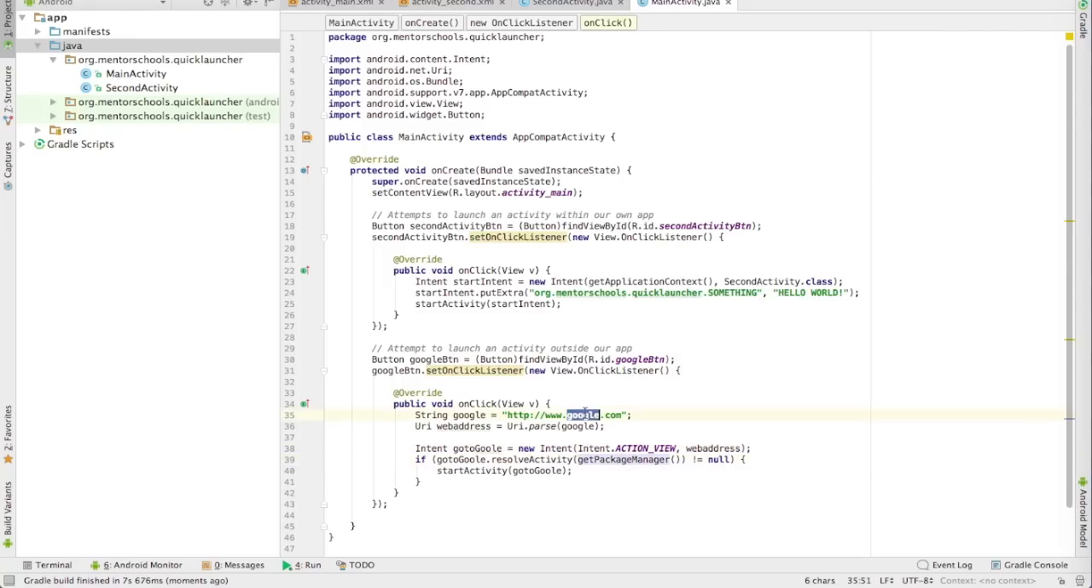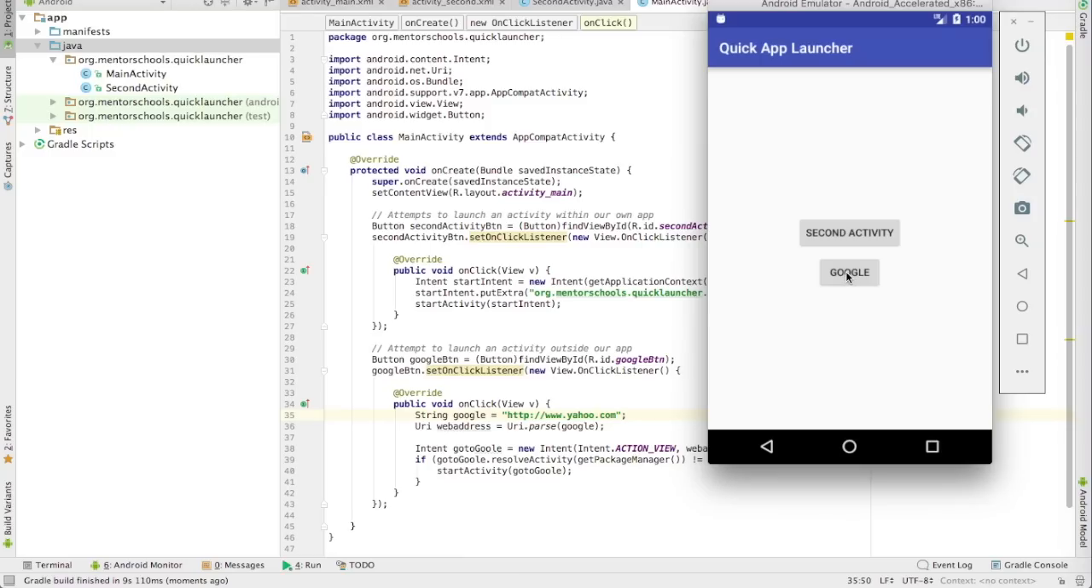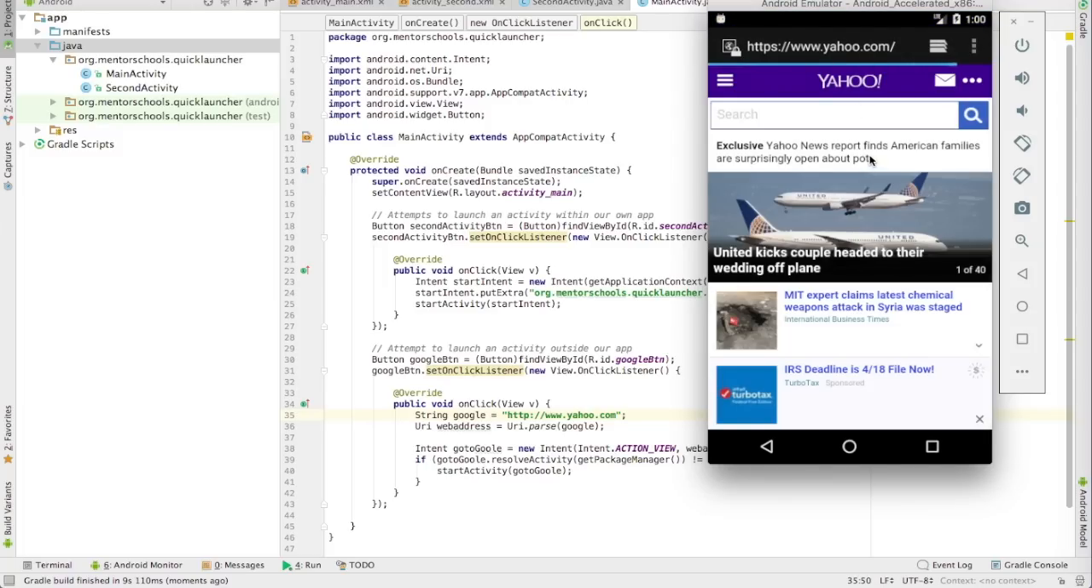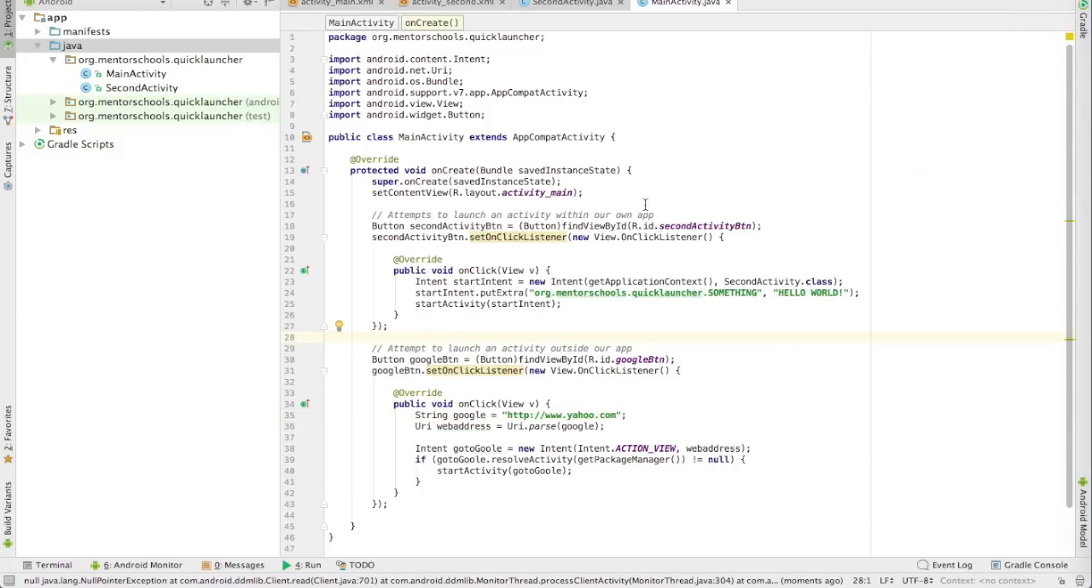Now, just to make sure that that wasn't just a magician's trick, we're going to try Yahoo and run that again. All right, so let's go ahead and push play. And here it's building. And up we come again. So I'm going to click Google, and this time I expect it to go to Yahoo. And here it did. It went to Yahoo. Okay, so that right there is an example of launching an activity within our own app and an activity outside